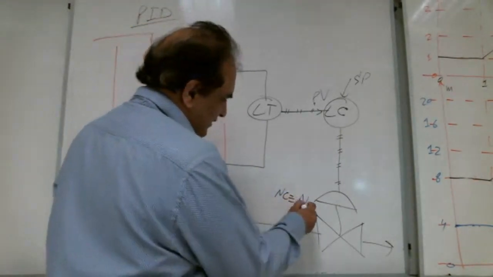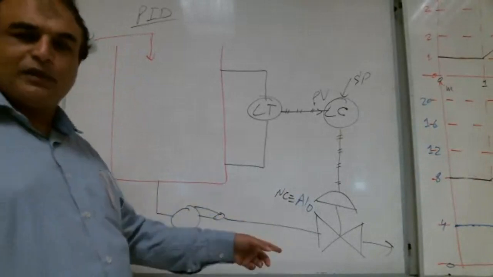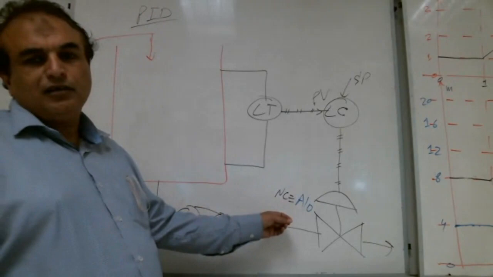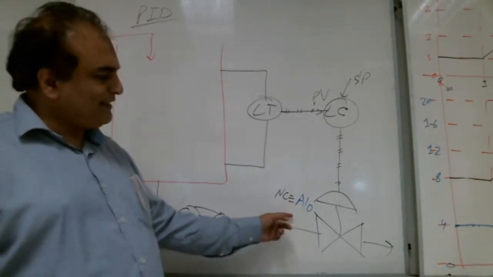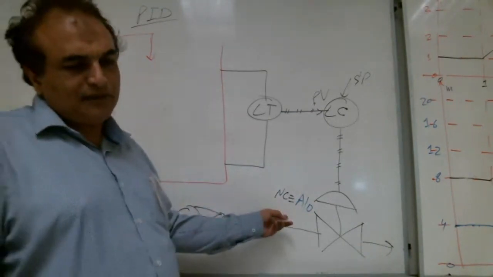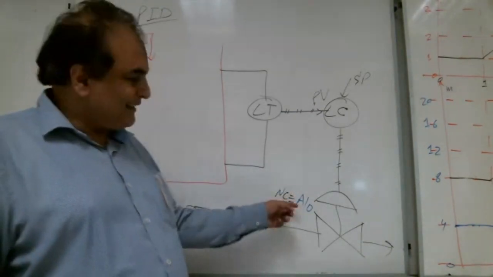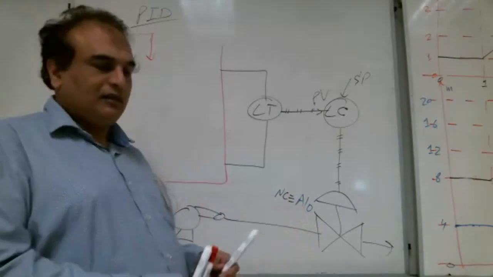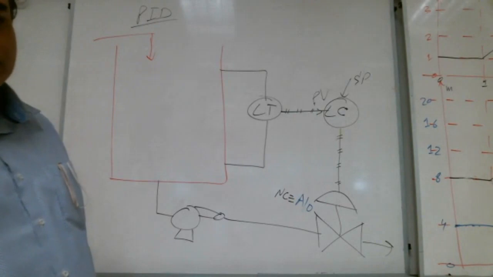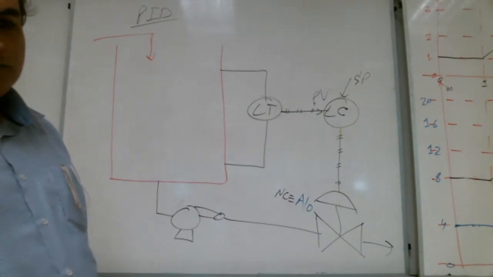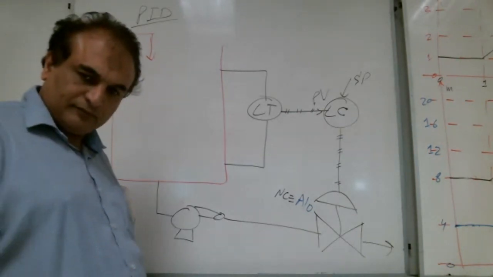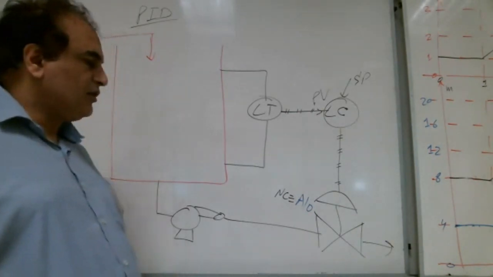If it is normally closed, what does it mean? It needs air to get open. So air to open. If it is air to close, it means it is normally open and it needs air to get closed. So when we are saying air to open, what does it mean, Shabab? Normally closed. It needs air to get open. Right, Shabab? Shabab with me? Yes, teacher. That's good.